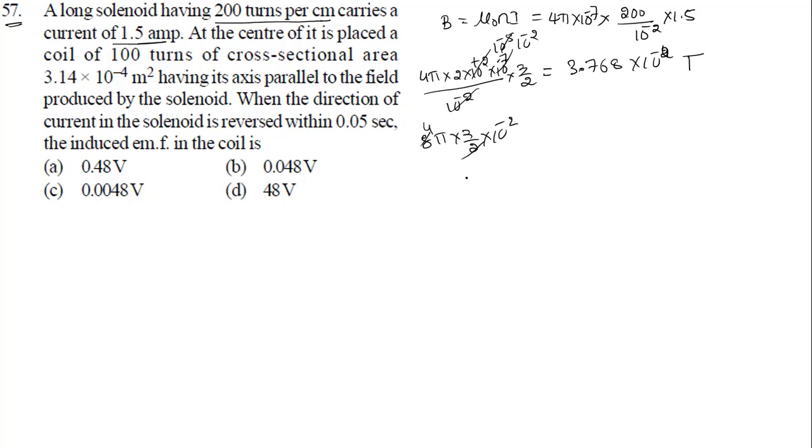It is going to cancel 4 times. 12 pi into 10 power minus 2. 12 pi means what now? 12 into 3.14, we will take 3. So it will become how much? That is 6. Okay, so if you take 3.142 or you can keep 12 pi also. If you cancel, you get 3.7. So I'll approximately write 3.8 into 10 power minus 2 Tesla.